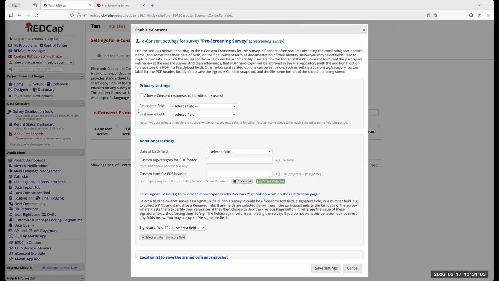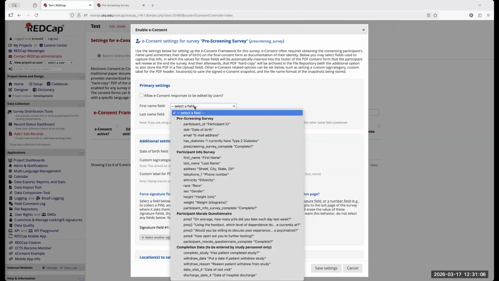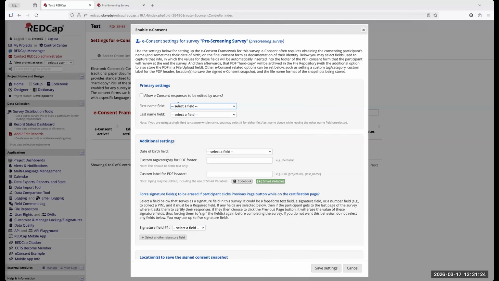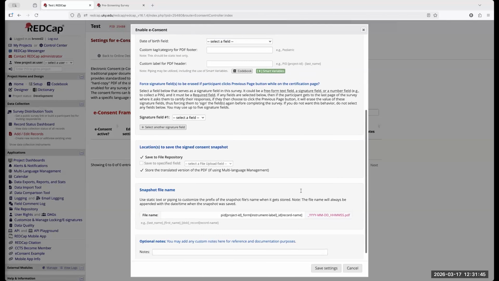The e-consent is going to be looking for a first and last name on this survey. On ours, it's on our participant info survey. So in this case, we would have the e-consent on the participant info survey, simply because that information hasn't been collected yet. So again, you need to keep all this in mind when creating an e-consent. The e-consent's going to want to know a first and last name, and if you have a date of birth field, you can use it. It's optional. It's completely up to you. Whatever you choose here will show up on that PDF that they print out and that is saved for you. So keep all that in mind when you're creating an e-consent form.